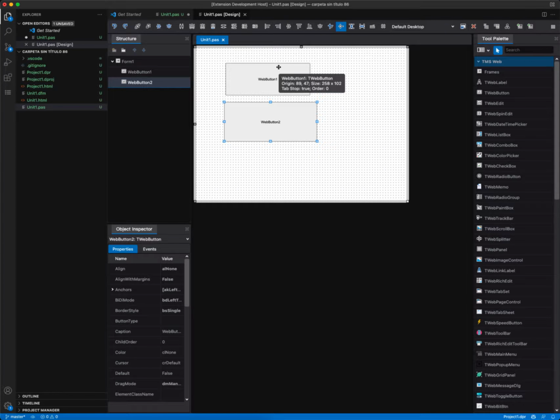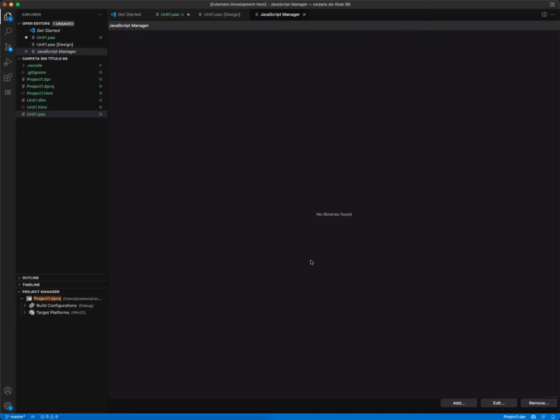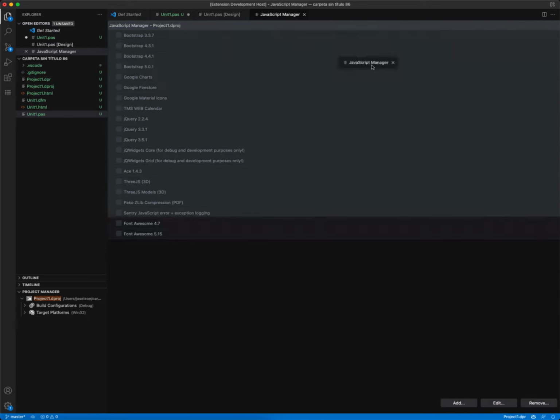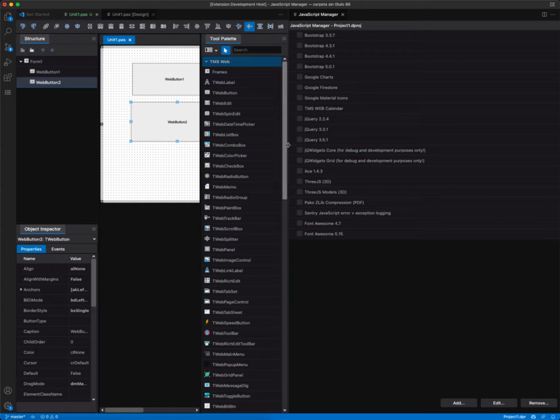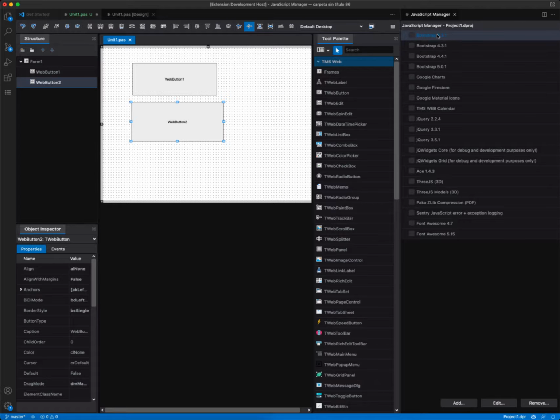And in order to style this, what we can do is, on our project manager, right click here, and then there is a new option called Manage JavaScript Libraries. If we issue that option, we're going to place this here on the side, so you can see the effects in real time. There is a series of libraries that you can integrate easily in your project, and in this case we are going to add Bootstrap